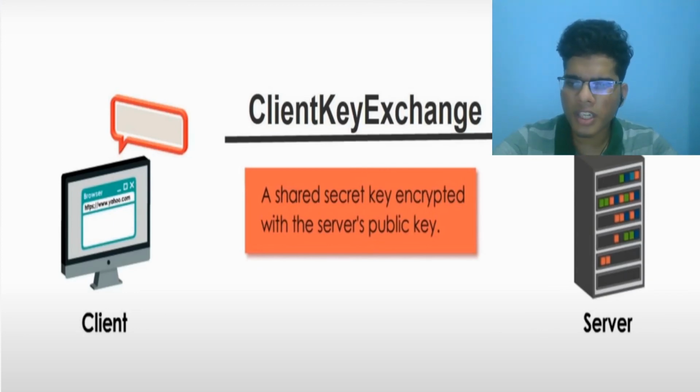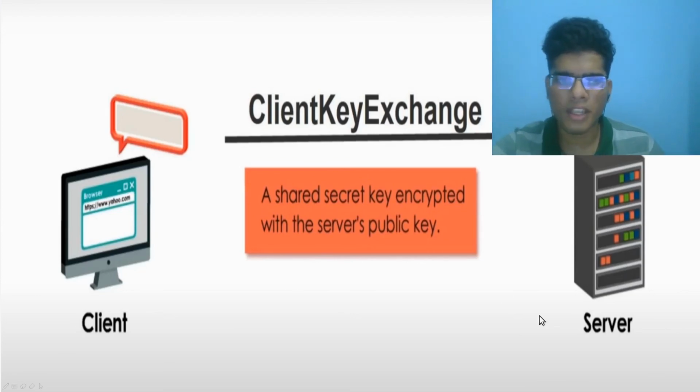In step 3, the client has authorized the server's identification. Since it has got the correct public key of the server, it now generates a symmetric key which can be used by both client and server, using the algorithm agreed upon in step 2, the server hello message. After generating the symmetric key, it encrypts it using the public key of the server, and the client sends this encrypted ciphertext to the server.